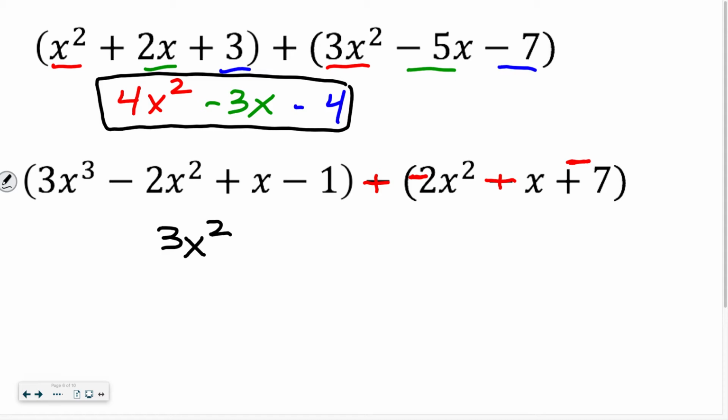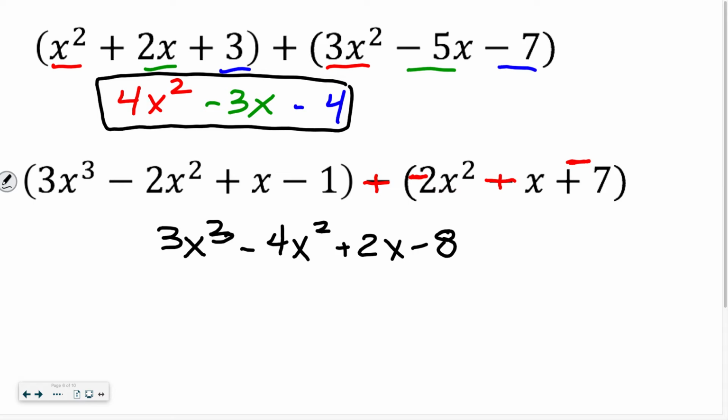Negative 2x cubed plus negative 2x squared plus negative 2x squared, negative 4x squared, plus x, 2x. And negative 1 and negative 7? Negative 8. If you have 3x squared minus 3x cubed, that should be